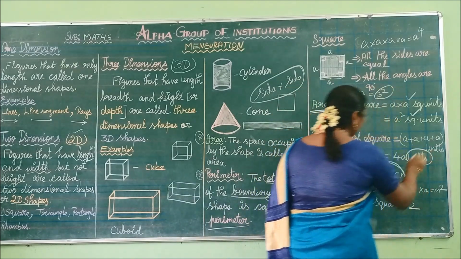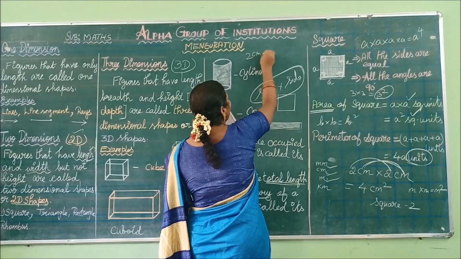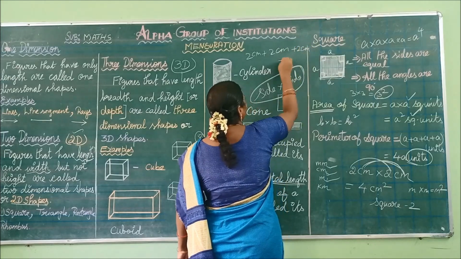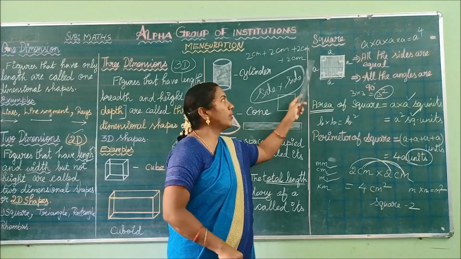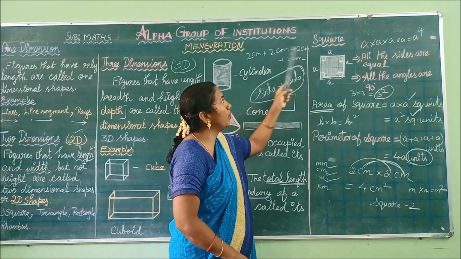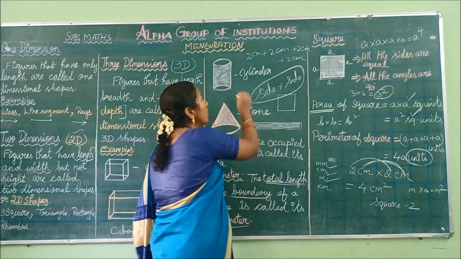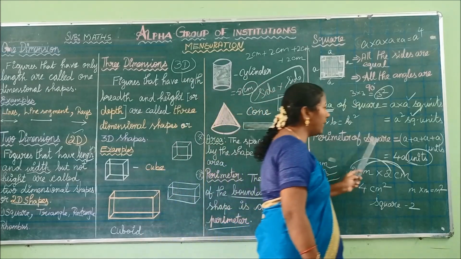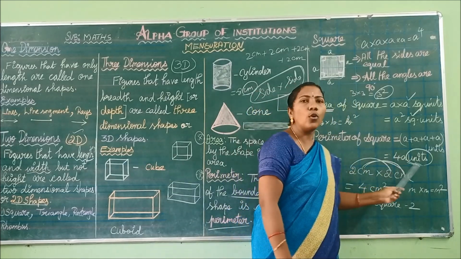See here. What is the measurement of a side of the square? 2 centimeters. So 2 centimeter plus, what is the next side measurement? 2 centimeter, 2 centimeter, 2 centimeter. So let us take 2 centimeter as a side of this square and find the perimeter. 2 centimeter plus 2 centimeter plus 2 centimeter plus 2 centimeter. So what is your answer? 2 plus 2 is 4, 4 plus 2 is 6, 6 plus 2 is 8 centimeters. So we get the unit as it is. That's why, when writing the perimeter of any shape, we have to write units. So perimeter of square equals 4A units.